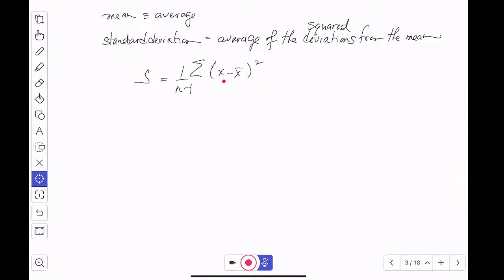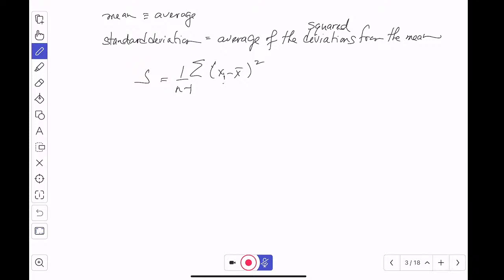This is how far each value, I'm going to go through all of the values. This says go through each value and subtract it from the average. And then you have to square it. The reason you have to square it, it turns out that because the values are centered around the mean, the mean is the balancing point. Just as many values in distance and magnitude are on the left as there are on the right. Okay, so whether it's skewed or symmetric, that's going to be the case.